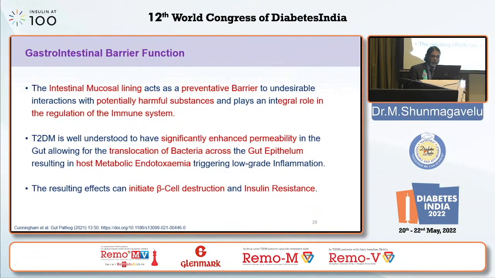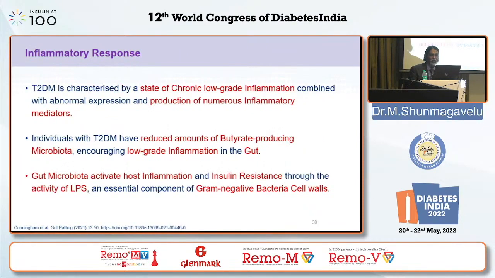So this lipopolysaccharide plays an important role in chronic low-grade inflammation, which is associated with patients with type 2 diabetes, with an impact on insulin resistance. So type 2 diabetes is characterized by chronic low-grade inflammation with abnormal expression as well as production of numerous inflammatory mediators. So individuals who have reduced amounts of butyrate-producing microbes develop low-grade inflammation in the gut, which in turn ultimately results in insulin resistance, and through the activity